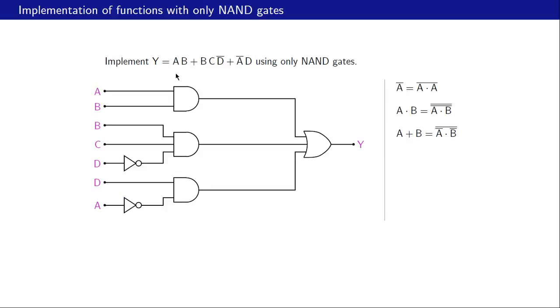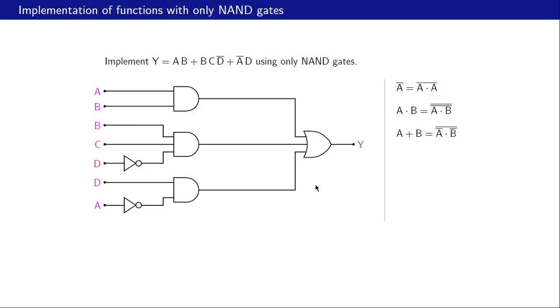Let us now look at another approach of implementing functions with only NAND gates, and we will take the same example that we saw in the last slide, namely Y is equal to AB plus BCD bar plus A bar D. What we do first in this approach is we implement the function with AND gates and OR gates as shown over here. So this term here is AB, this is BCD bar, and that is A bar D. These are the AND gates which we have used, and these 3 outputs are now ORed together to give us our final function. So that is our starting point,